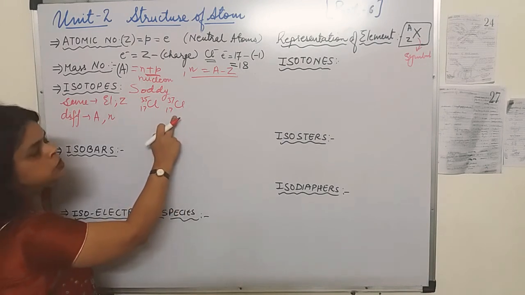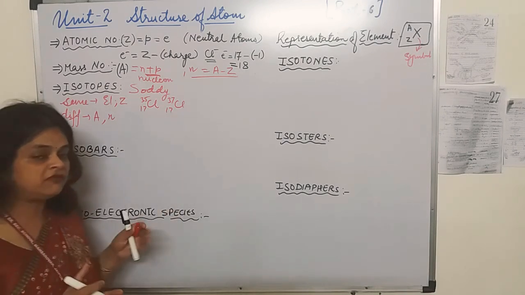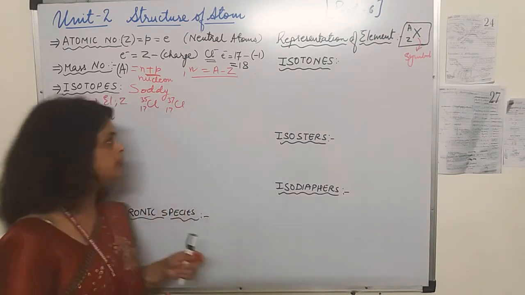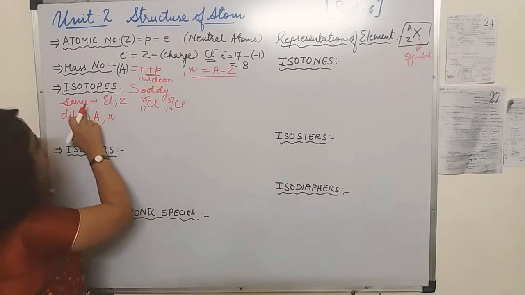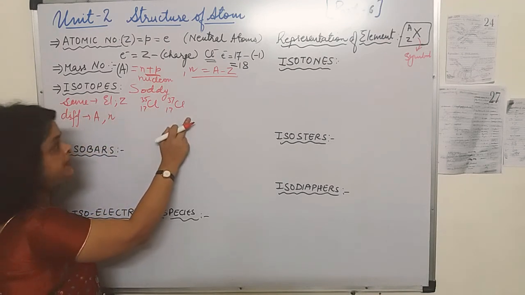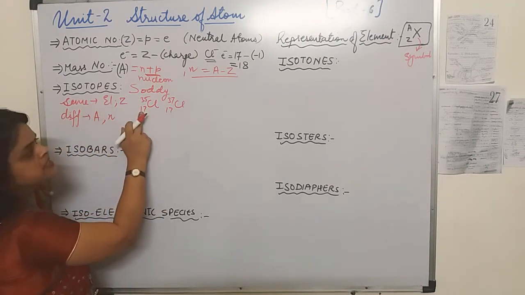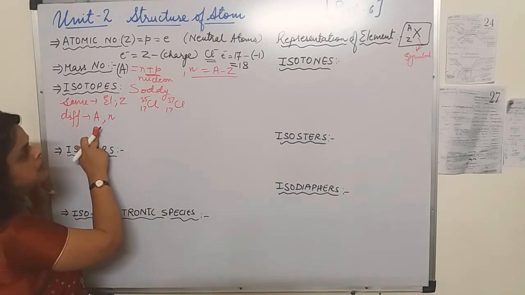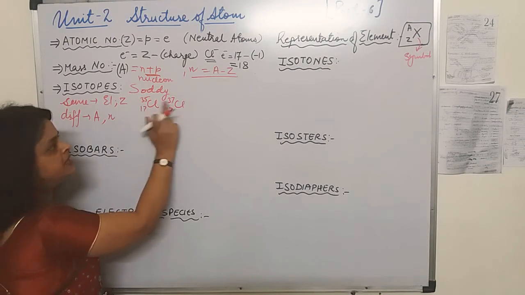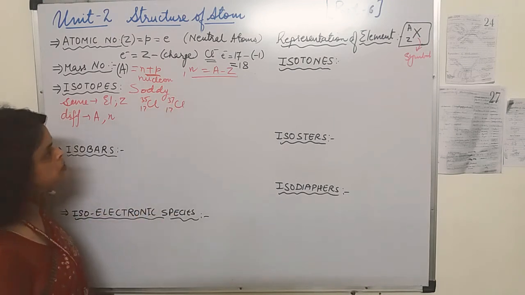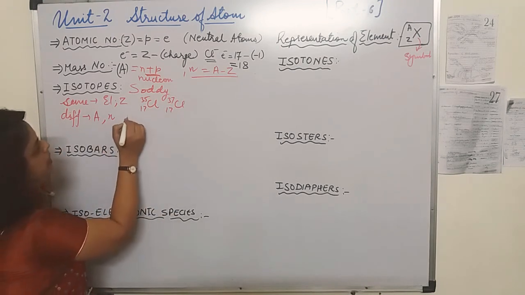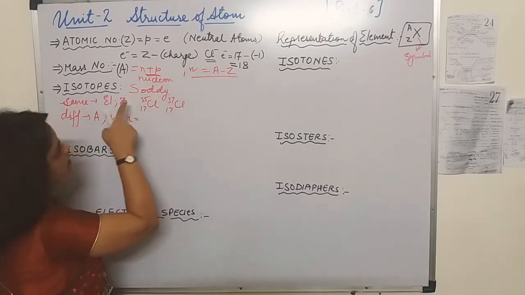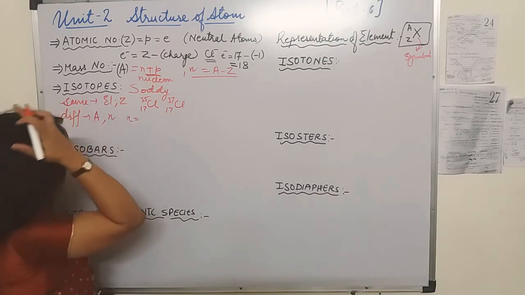So I had written the two isotopes. Now we have to see whether these two species, they are constituting isotopes or not. Let's check it out. First, same element. They are the same elements. Z is also same. You can see 17, 17, atomic number is same. Different mass number. See, one is having 35 and another is having 37 mass number, so it is different. Let's calculate n. n कैसे calculate करना है? A minus Z. 35 minus 17. What it is coming out to be?